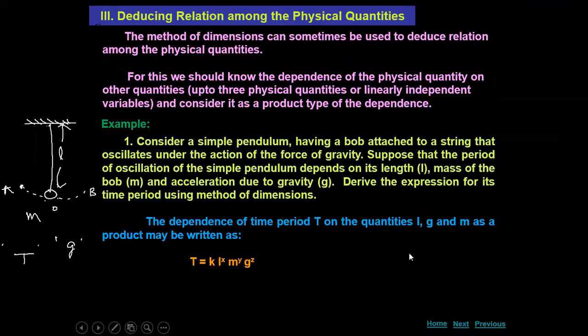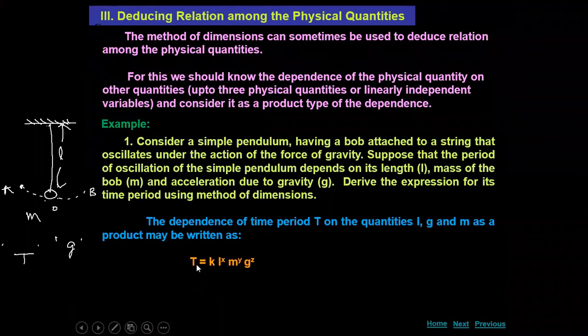Now see, as I said, we have to take a proportionality constant, which I have taken as K, and length, mass, acceleration due to gravity I have taken as multiplicative factors. Usually we take the form of multiplication only, and we do not know how much power we get in the end. That's the reason I have chosen some variables x, y, z. You can take small a, b, c also, doesn't matter. Here I have chosen x, y, z.